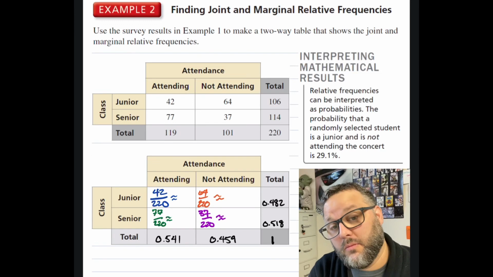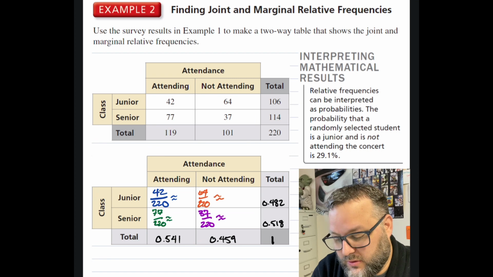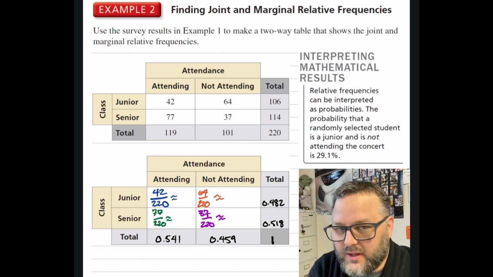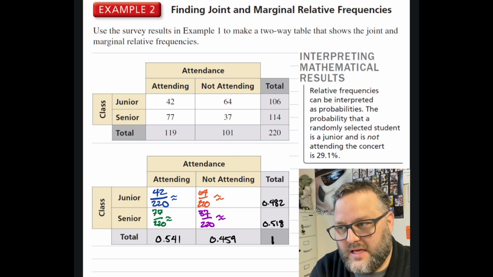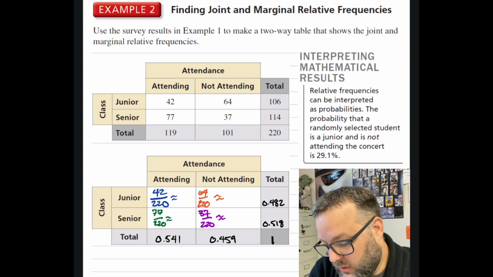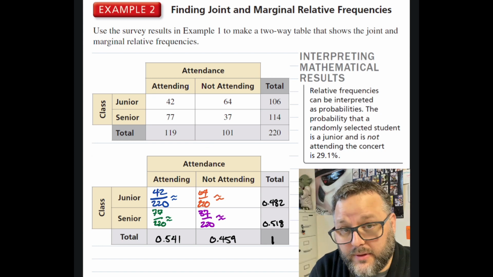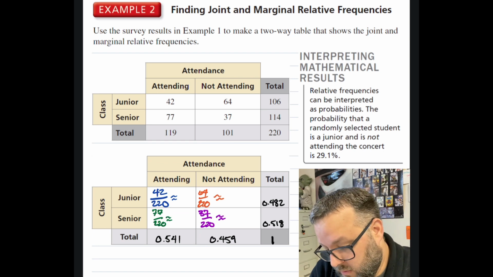All right, ladies and gentlemen, moving on to example 2. Here we're going to be finding joint and marginal relative frequencies. Really, all that means is we're finding the probability of each category. So a junior attending, what's the probability? Well, 42 out of 220 people responded, so we would have a 0.191